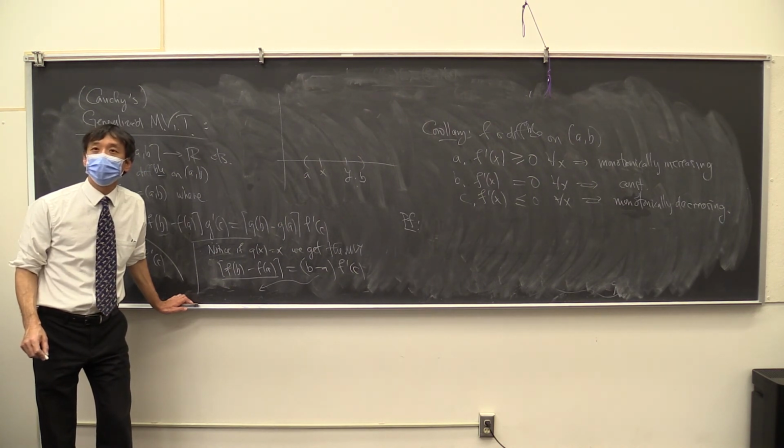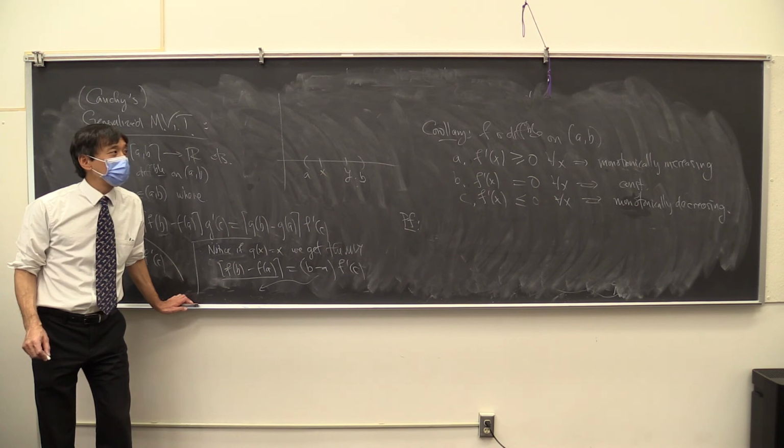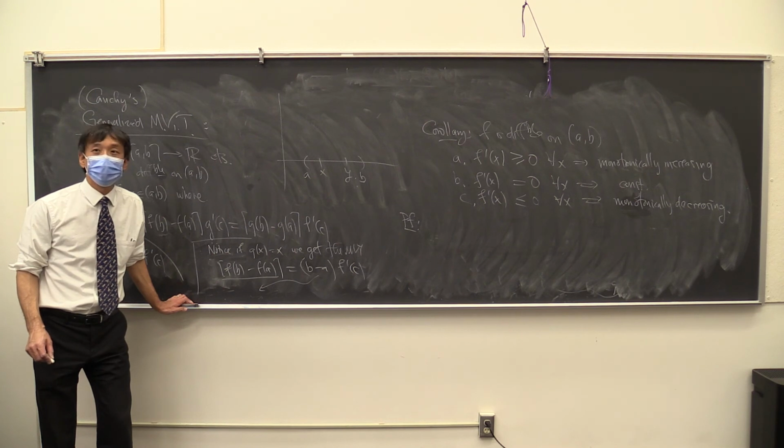Rolle says that, I think if you can do mean value, say there's not, yeah, so mean value. Then you would say there's some